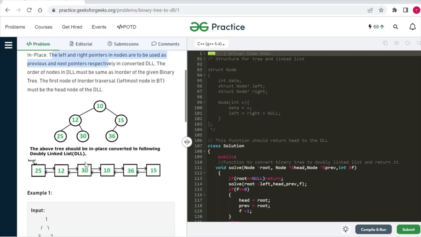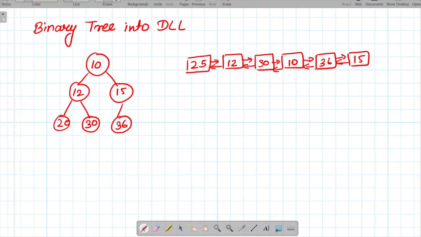the doubly linked list. So for example, this is the binary tree that is given to us, then we have to convert this into this type of doubly linked list. And also one point is given to us that the order in which the nodes are given in the doubly linked list is the in order traversal of the given binary tree. So let's see this problem and let's see how we will solve this. So for example, we have this given binary tree. So its doubly linked list representation is in this manner. So this is the in order traversal of this given binary tree.